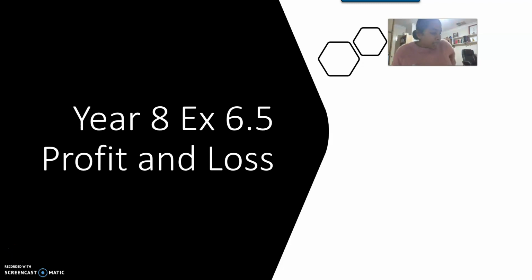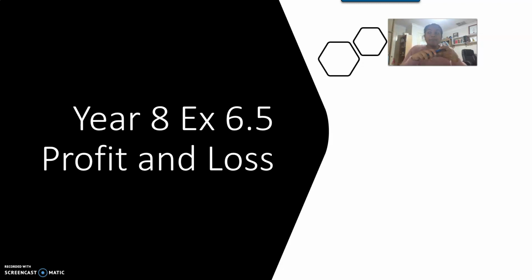Hi guys. Okay, so we are going to do Year 8 Exercise 6.5 Profit and Loss. So again, this is about the finance part of it all. For example, when you're at a store and let's say this iPhone, for it to be built, let's say it actually costs around $800 for all the parts and manufacturing, labor, etc. $800. But for the company Apple to make profit, they are going to sell it for, let's say, 1,500. And then it's about finding the percentage of how much they've increased it by, so how much profit they're actually